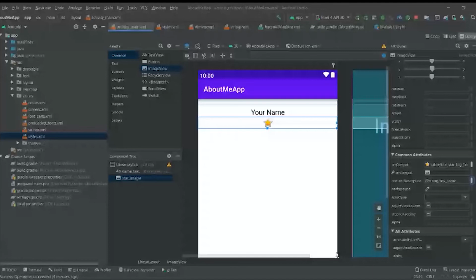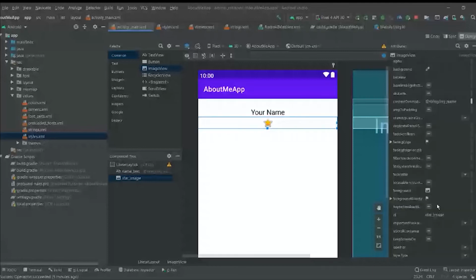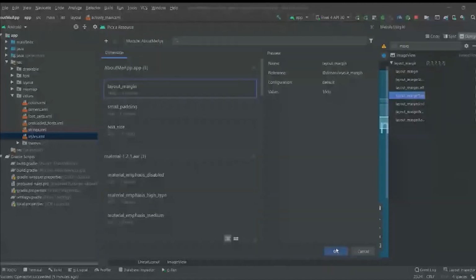Let's also see how we can reuse the dimensions. So if you want to add a margin, let's search for the margin for this image view. Make sure that you have selected the image view from the component tree, or else it will get changed for the text view. If we search for the margin here, layout margin, for the top value we can reuse what we just created. For layout margin, the dimension value we used in the file, we can use the same thing